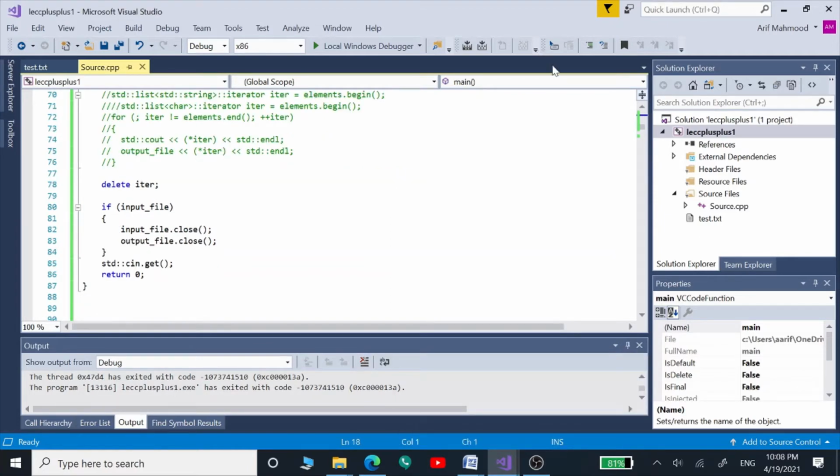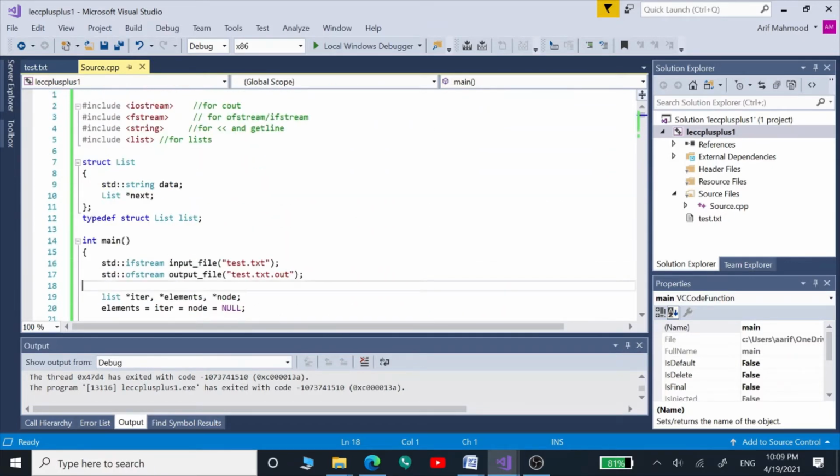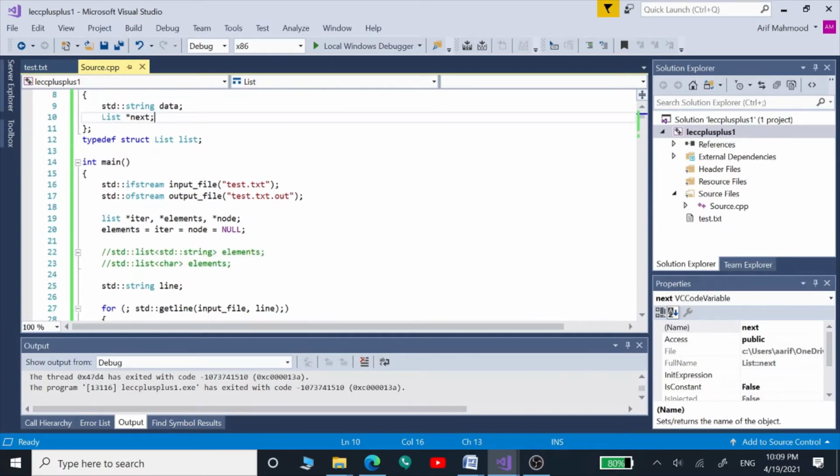So this is our C++ program now. Here we have defined our struct list, and this struct list we are going to use to create a list on the same pattern. In this main program, after this struct, we have given the program our input file name here, and here our output file name.